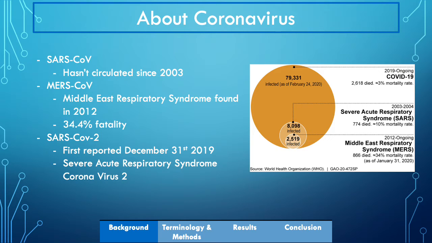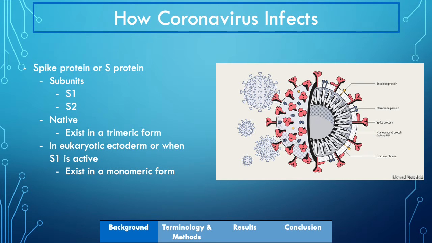But you'll have to keep in mind that MERS-CoV and SARS-CoV are slightly different. And like I said, some of this research is based off of MERS-CoV, and then they switched to SARS-CoV-2 when SARS-CoV-2 came about. So how coronavirus actually infects. Speaking of SARS-CoV-2,